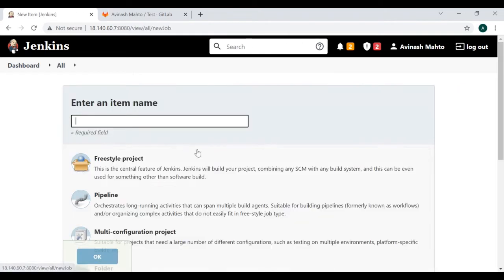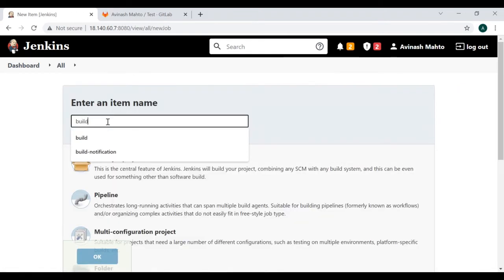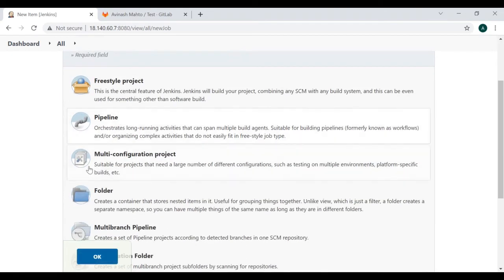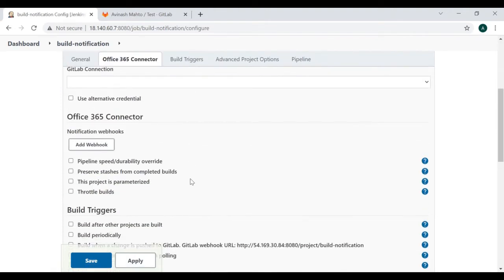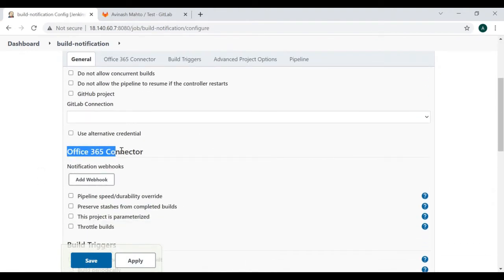Inside Jenkins, I'm going to create one pipeline job, and let's say the job name is build notification, and it is a pipeline job. Basically this is the plugin that you need to install, Office 365 connector, which gives you the facility to trigger your notification inside that particular channel.